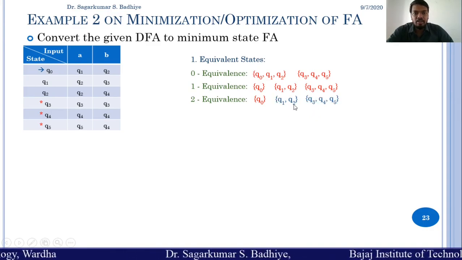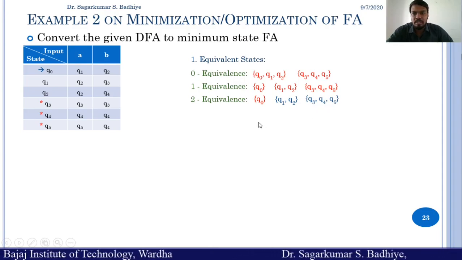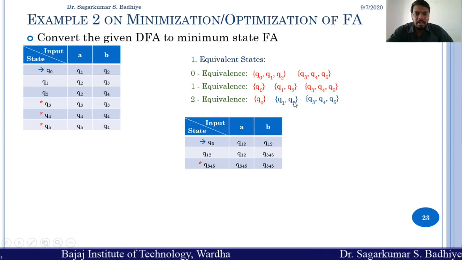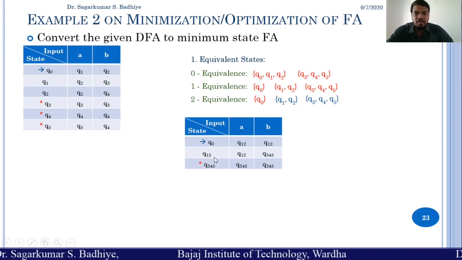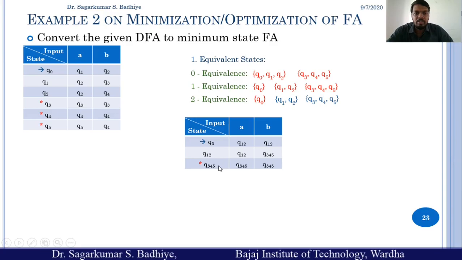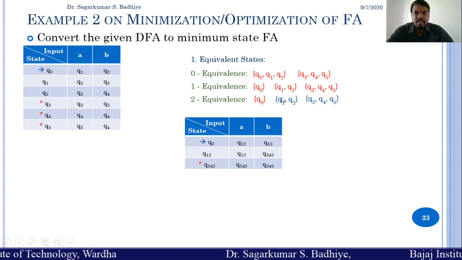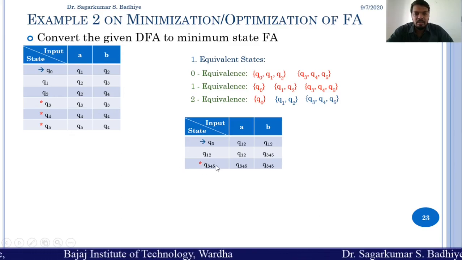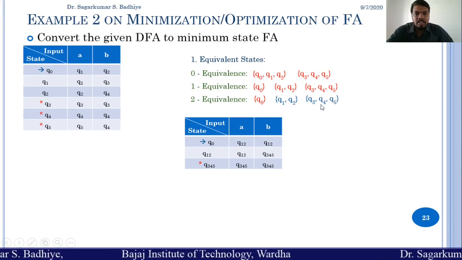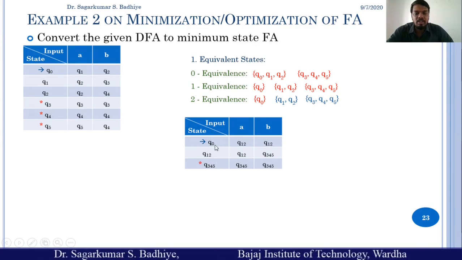Right, so Q1 and Q2 are merged together, and Q3, Q4 and Q5 are merged together to form a single state. So the new transition table after merging this set of states is obtained in this way. Q0 is the first state, Q12 is the second state, and Q345 is the next state, wherein Q345 is the final state. All the sets of states that contain a final state in the given DFA will be final states. So here only this set of states consists of the final states, so there will be a single final state, and q0 is the initial state.